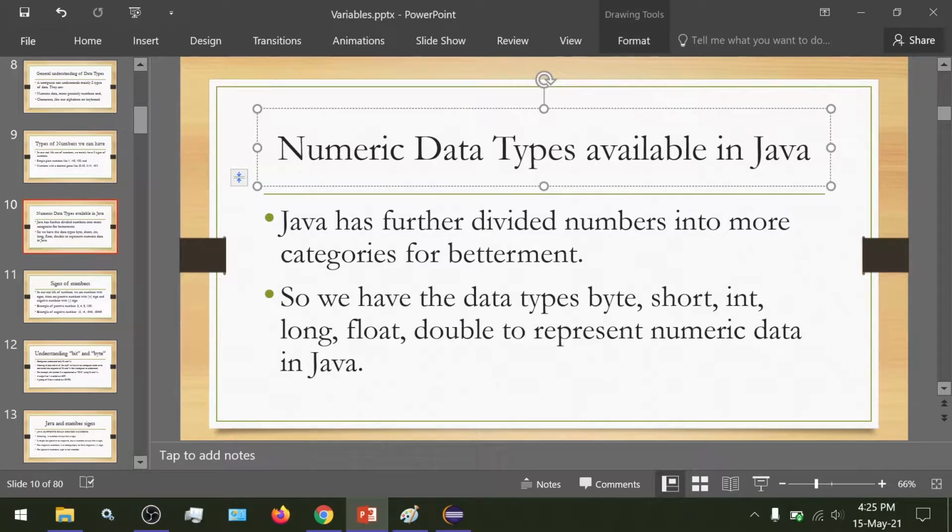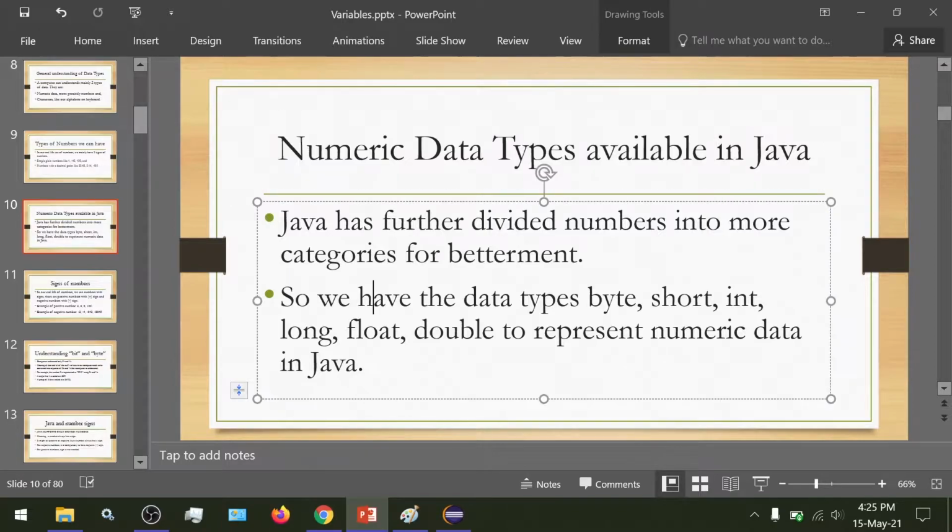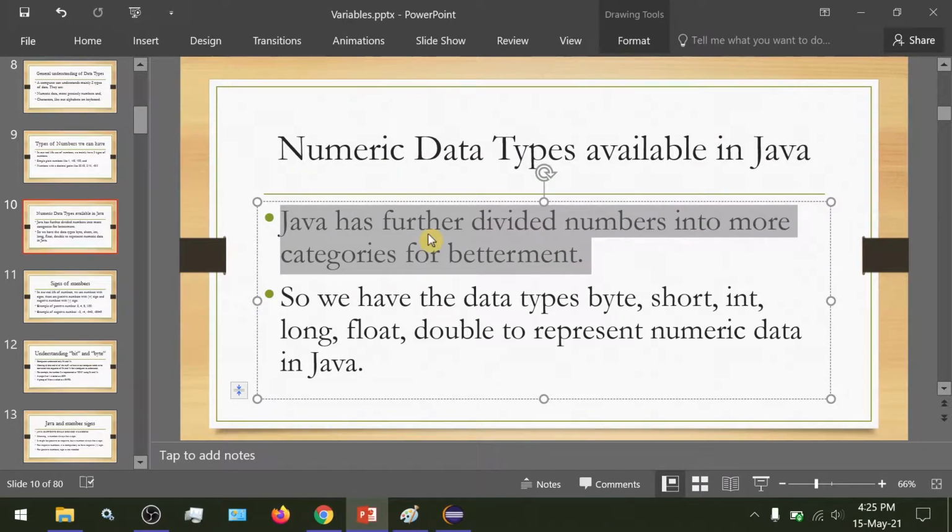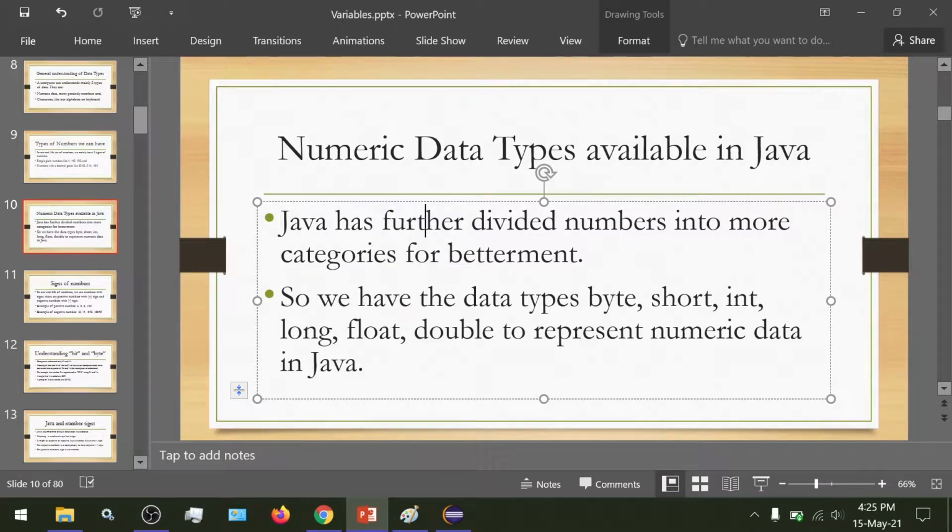So, numeric data available in Java. Java has divided numbers into more specific categories so we could work on them.